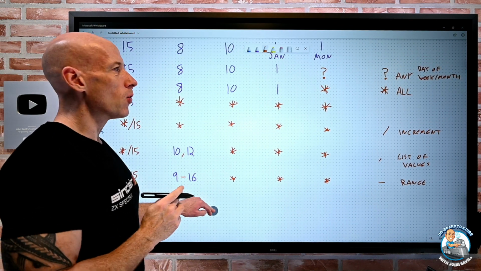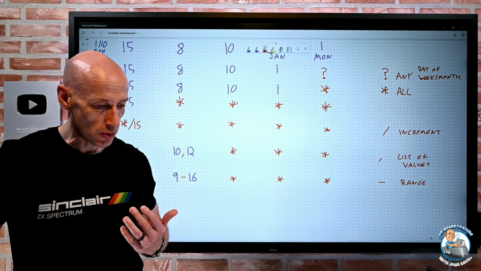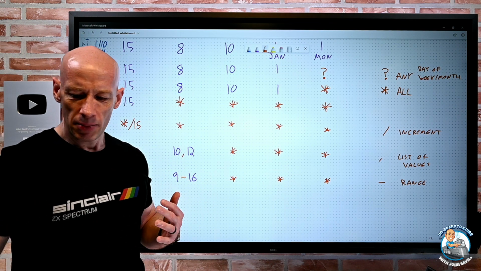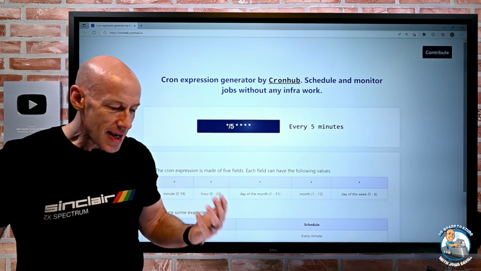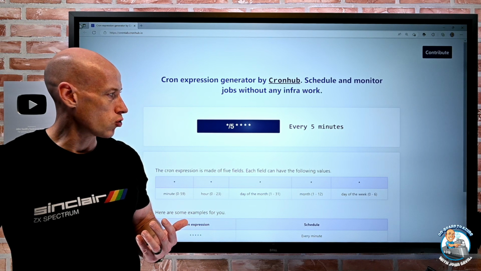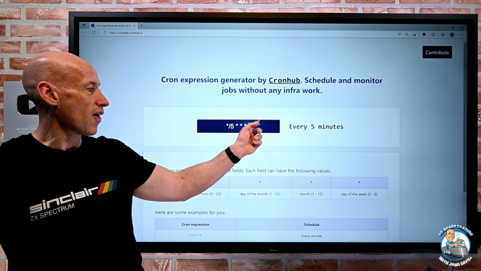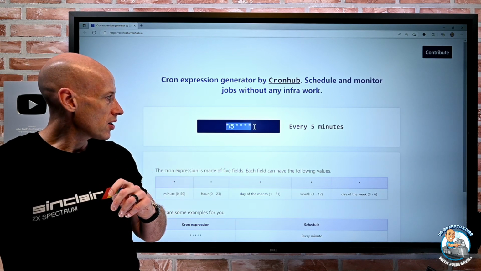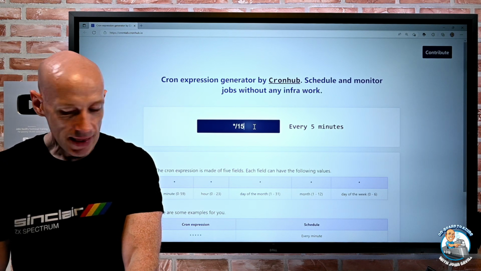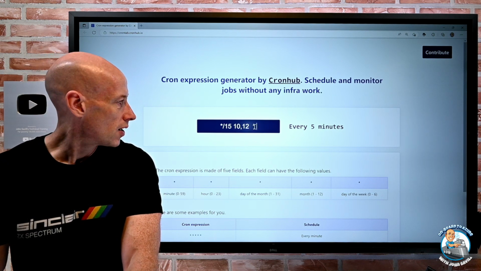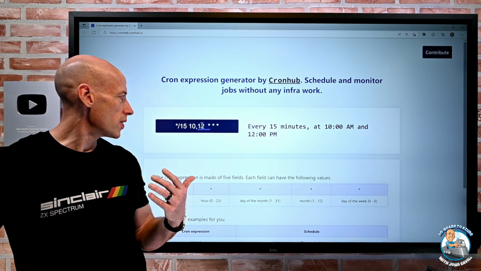And as I'm typing all of these things in, there's actually a nice website we can go to. There's a lot of these out there on the internet. But if we quickly look, one of the things we can do is this site would let us type in our cron expression and it will evaluate it for us. So notice this one is saying, hey, it's just every 5 minutes all of the time. But we could change this. So we could do our */15 and then our 10, 12 * * *. So every 15 minutes at 10 a.m. and 12 p.m., which is what we said.